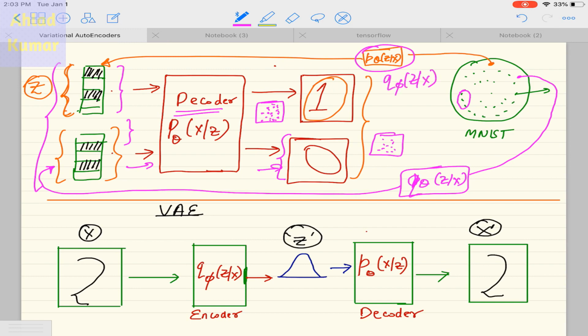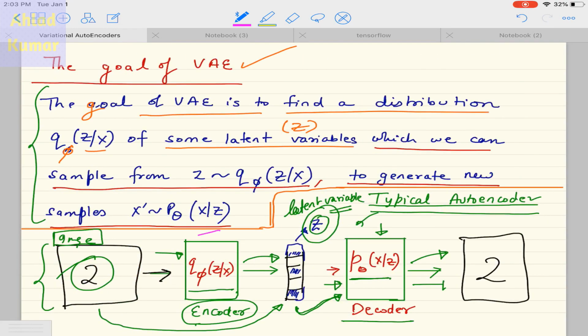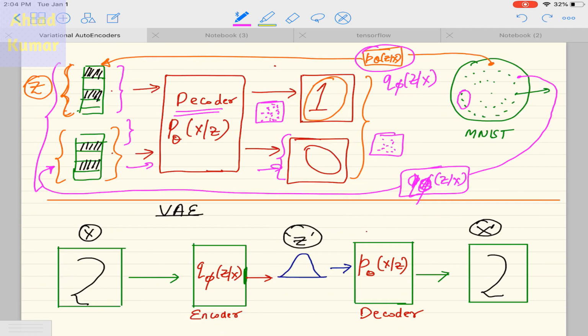This is also q phi of z of x. That is, it is this section, not this section. So the approach that VAE takes is a simple extension of autoencoders. Instead of forcing the encoder, that is q phi of z of x, to produce a single encoding, that is, earlier we had